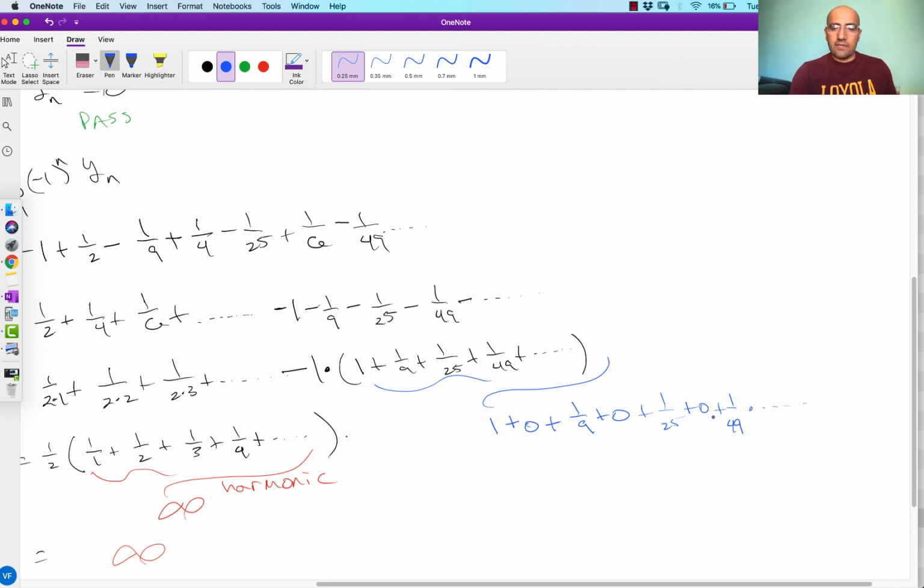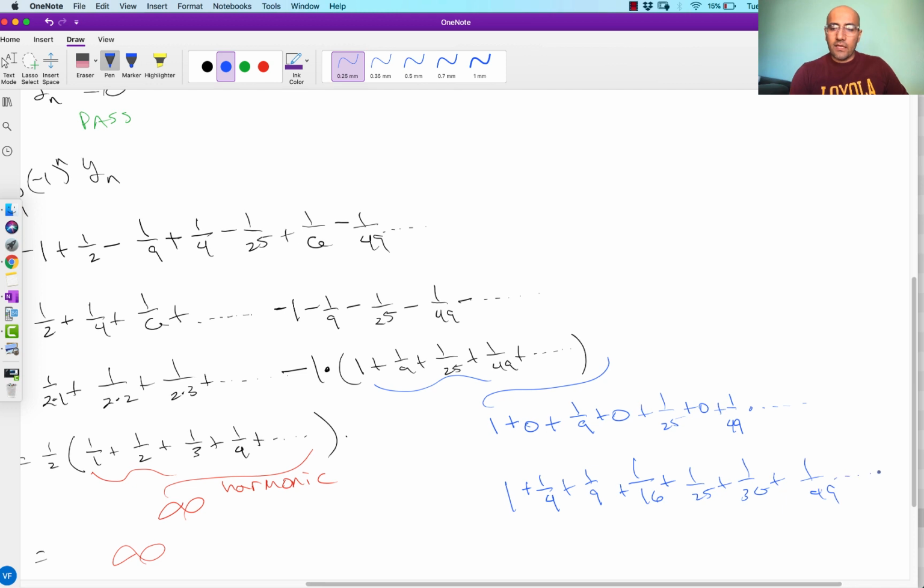And if we replace all those zeros with a positive number, 1/4 and 1/16 for that one, we end up with 1 plus 1/4 plus 1/9 plus 1/16 plus 1/25 plus 1/36 plus